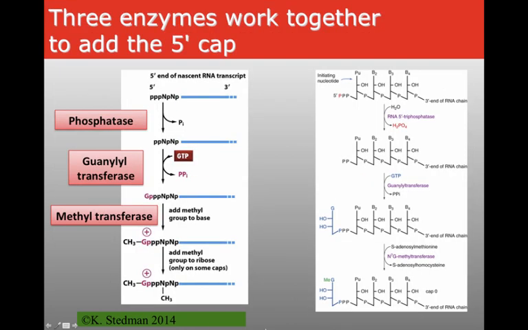Let's talk about the cap structure. There are 3 enzymes here. The RNA polymerase makes a transcript that starts with a triphosphate. So again, this is very different than DNA polymerases, which can't start by themselves. This triphosphate, the first of those 3 phosphates gets removed by a phosphatase enzyme. And then my favorite enzyme, guanylyl transferase, try saying that one 15 times quickly. Guanylyl transferase takes a GTP and flips it over and attaches it on the other end.